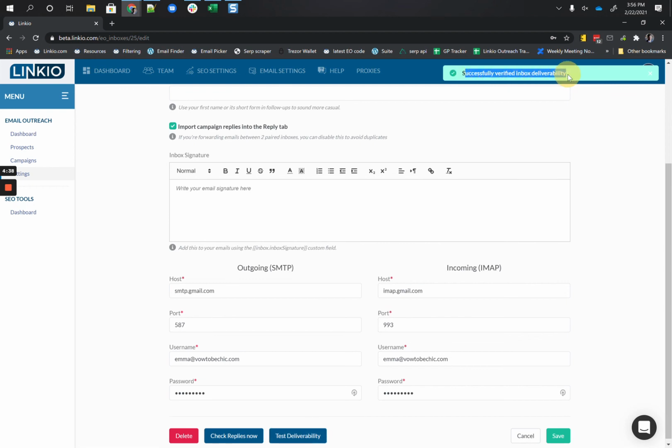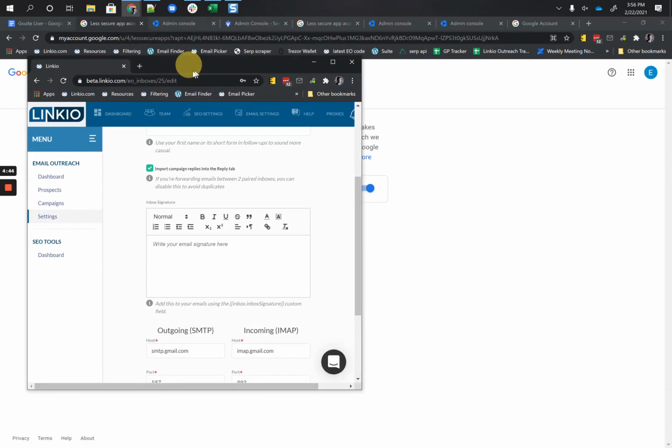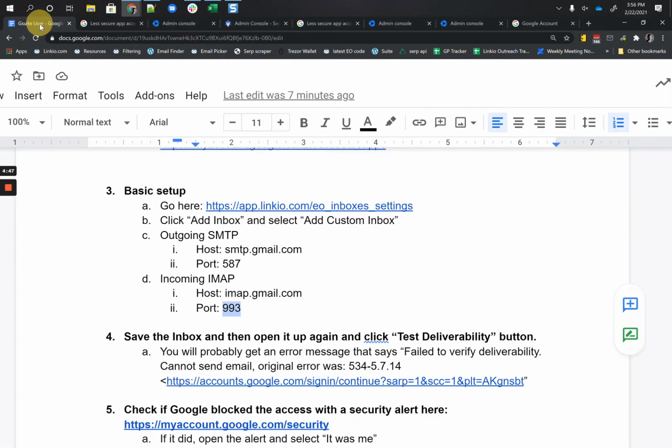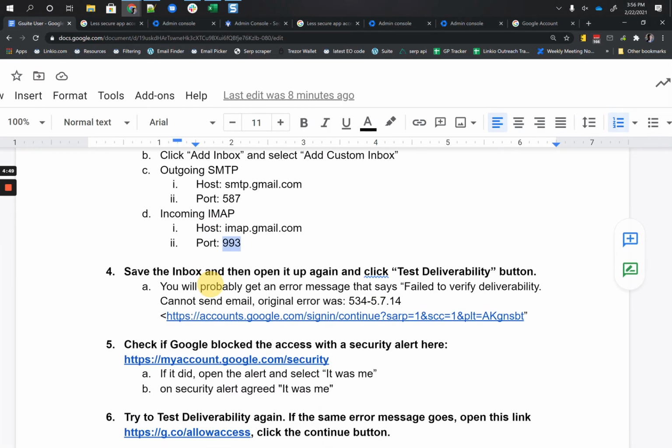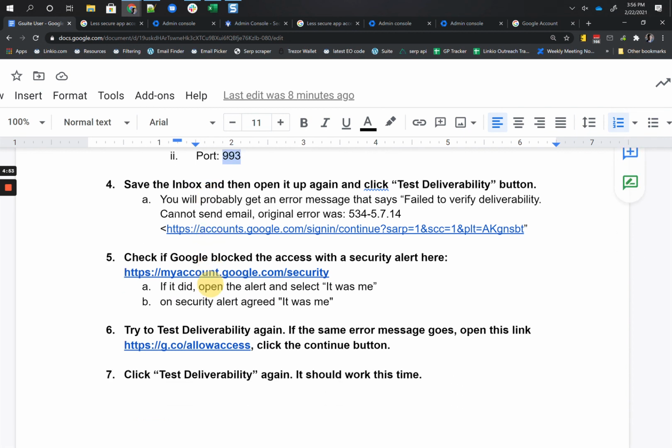Successfully verified inbox deliverability came up. Now, you might have an error message. I did a couple times. I was expecting an error that time too. One of the errors, instead of successfully verified, it might say failed to verify deliverability, cannot send email, original error. So if you open this,